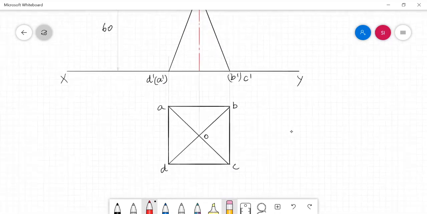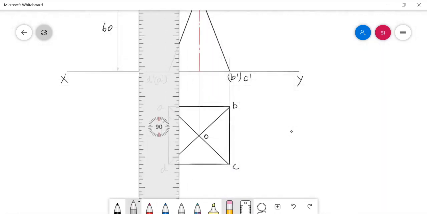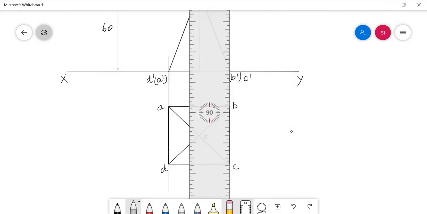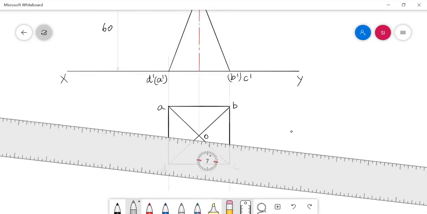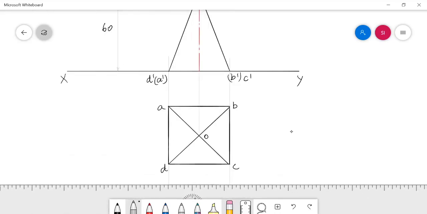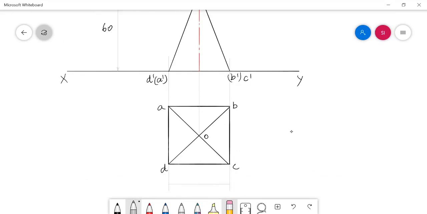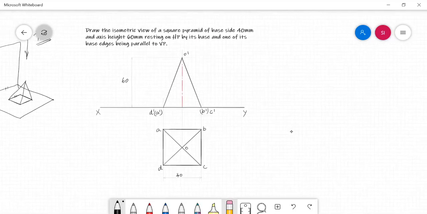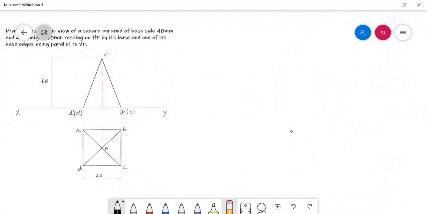With the 40 mm base side, now I have just completed the orthographic projections of the solid, the front view and the top view. Now we can go for drawing the isometric view.